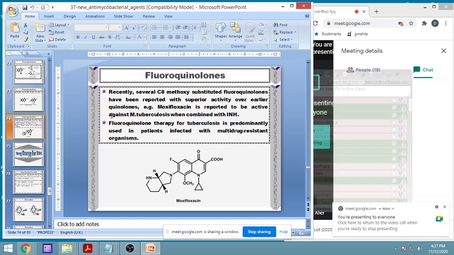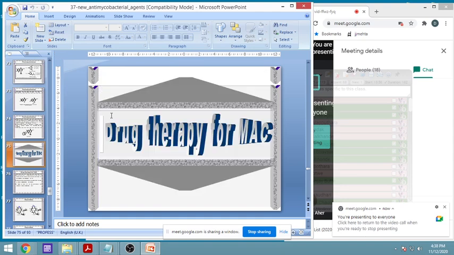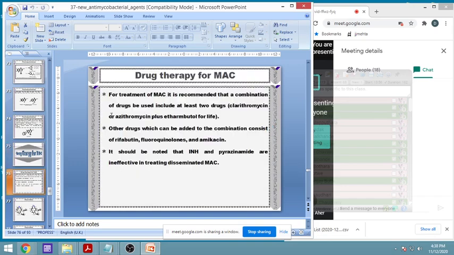The most active is moxifloxacin. Although ciprofloxacin was also active, the current, recent one is moxifloxacin, which is the most active against it. Then another mycobacterial infection is